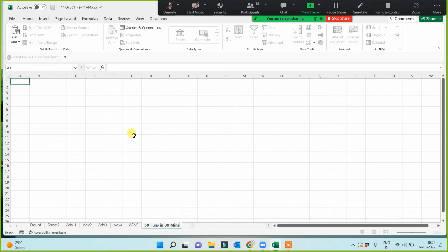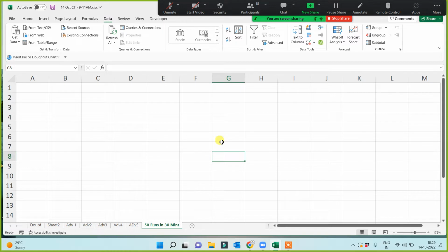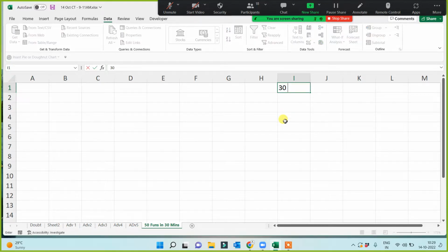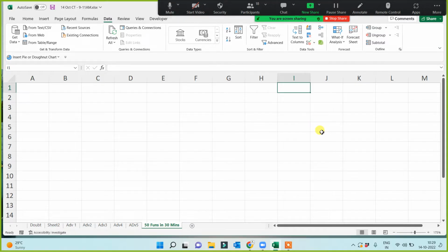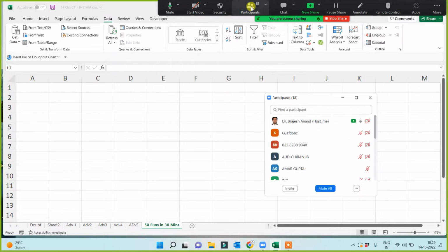We have 30 minutes and we have to recall almost 50 functions. Already we are aware of, I guess, 30 plus functions. So we will cover 50 functions in 30 minutes and you are aware of 30 plus functions. So quickly,